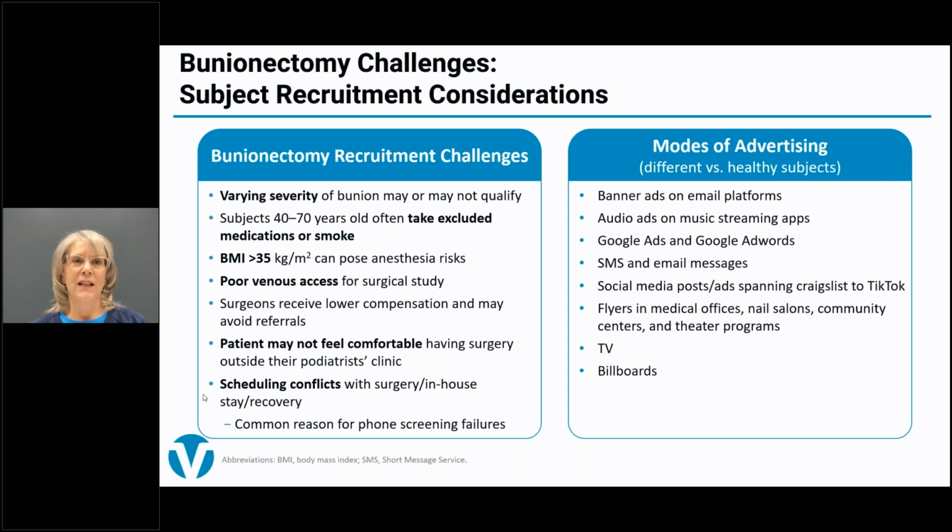We need to check and see if they have good venous access. A higher BMI might include some other preconditions that might be a factor, like that gentleman with the neuropathy issue. We also have found scheduling conflicts to be a difficulty in recruiting these studies because, again, as they've said, it might be 6 to 8 weeks before they're back to their normal schedules. So in addition to scheduling the surgery itself, they have to have that room in their lives in order to have a good recovery. So those are some of the common reasons for failures as we screen folks over the